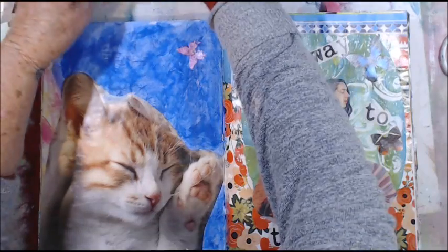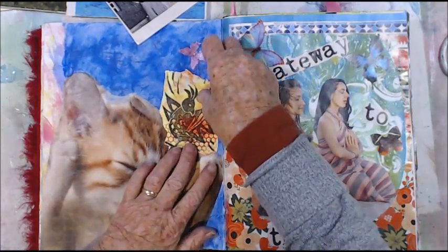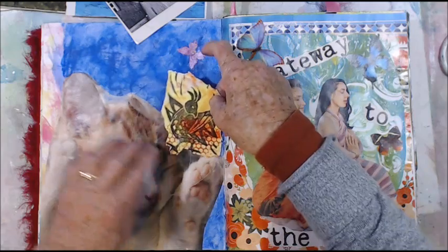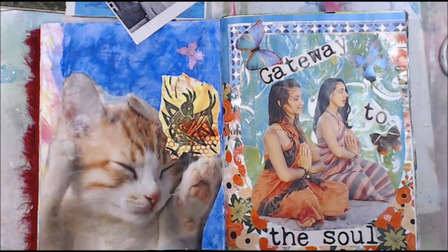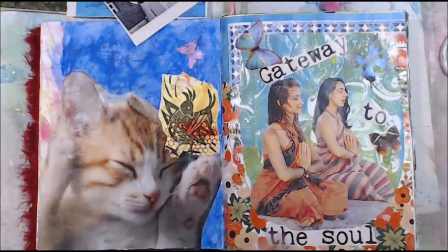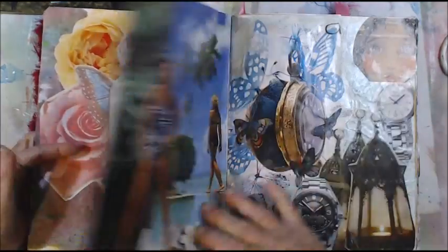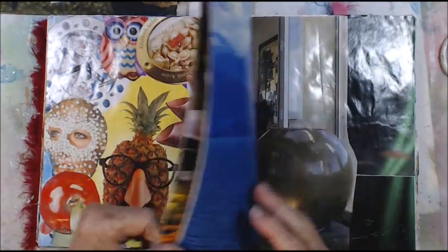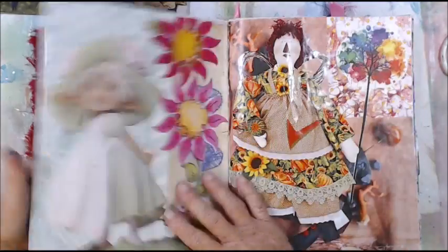Now I had a little something to put there. I found something and I thought, oh, it was off an envelope. I was having to tidy up yesterday and finally sorted out my wardrobe, and I came across some envelopes that I was putting into packs to make journals out of, and I came across ones that I'd saved that people had sent me, and I thought, oh, that's so cool, I'll find a page to put that on. So it now has a home. I'm quite happy with this book. On that one, I call that. That's cool. This just needs to have stuff put on it, but